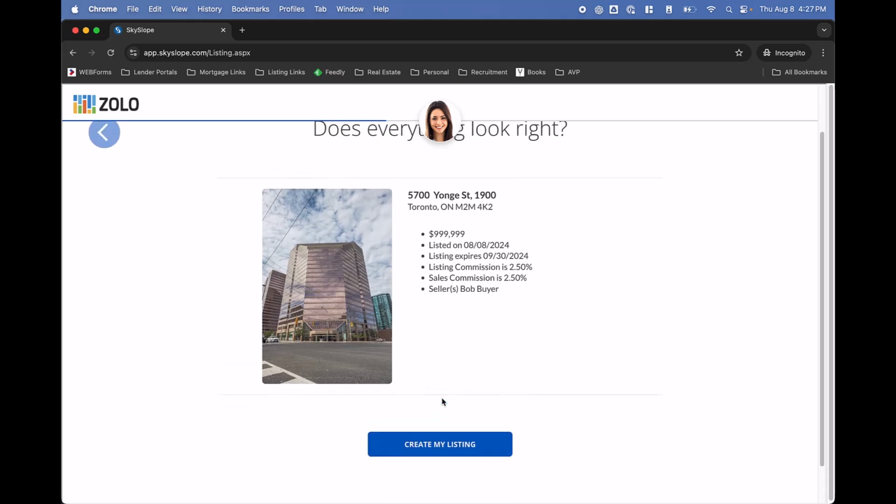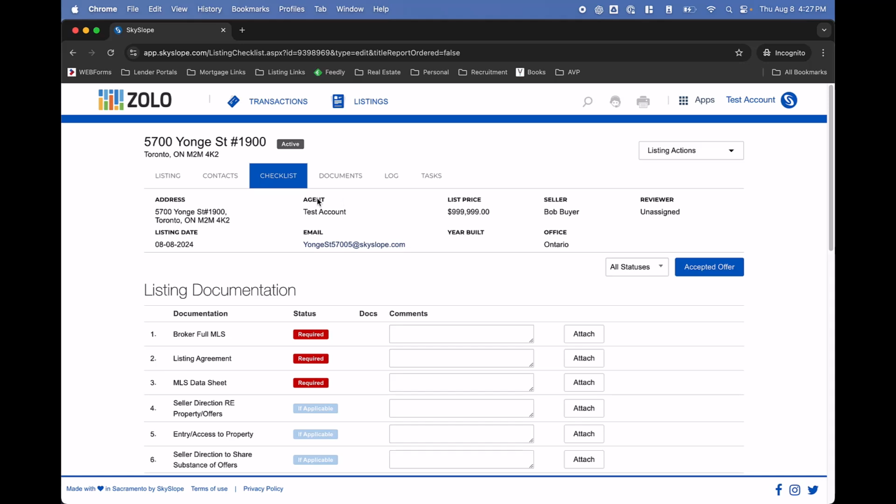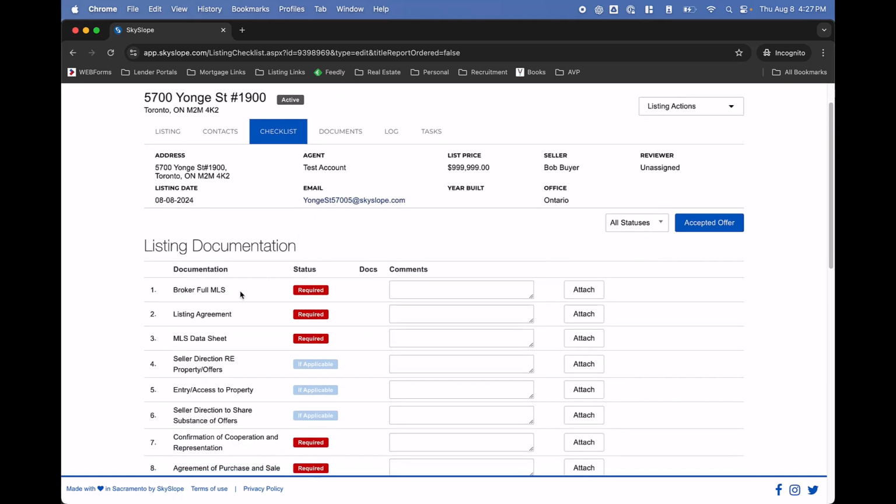Okay, so this is the review screen. You can review all the information you entered. If everything looks good, you click on Create My Listing. If not, you have to click on Back. So there's still some work left. We're going to click on Create My Listing, and we're going to have to manually upload all of the documentation